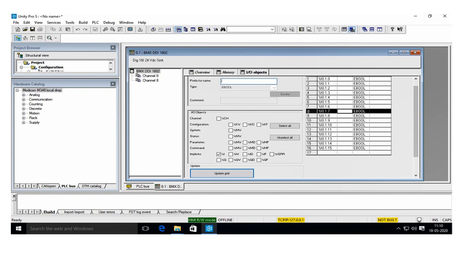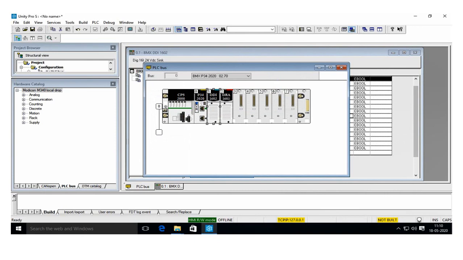Okay, that is PB on. I'll put it in caps for identification: PB ON. Similarly, I'll create PB OFF. So I've created that also. Then I'll give update grid. Once again I come to the PLC bus.